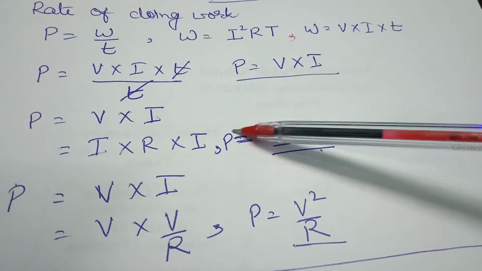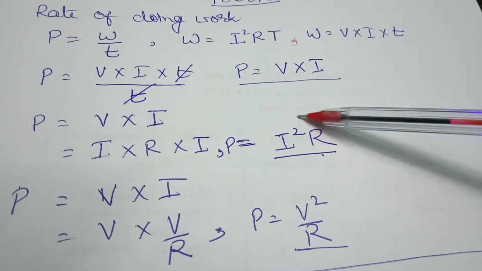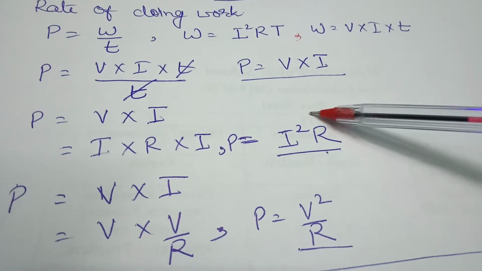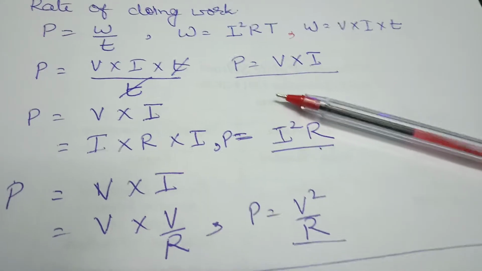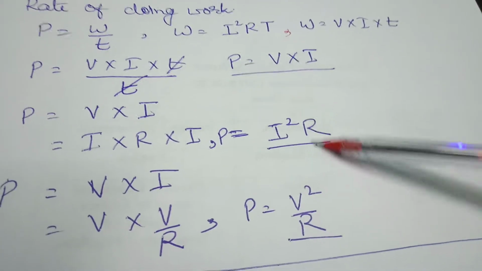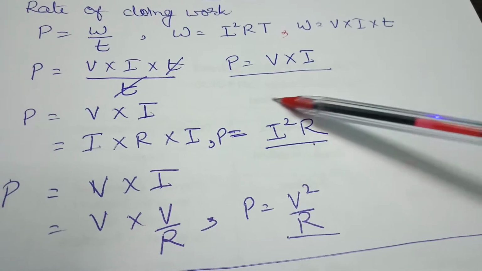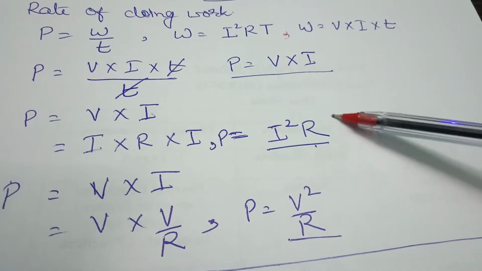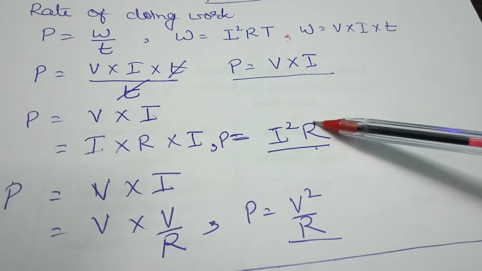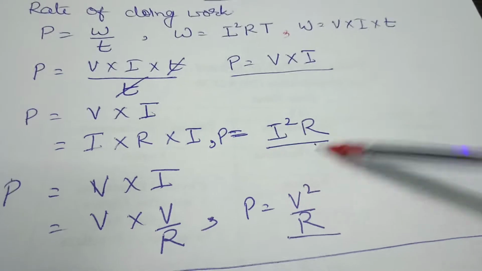Now here you can see when power is directly proportional to the resistance, I is given. Now here I is a constant. If I is constant, you know in which condition I is constant. If we say parallel or series condition, we know that in a series condition the current is constant. So if the current is constant, this equation will be applicable only and only when there is a series condition of the resistors. When the resistors are connected in series, then only this formula will be applicable.